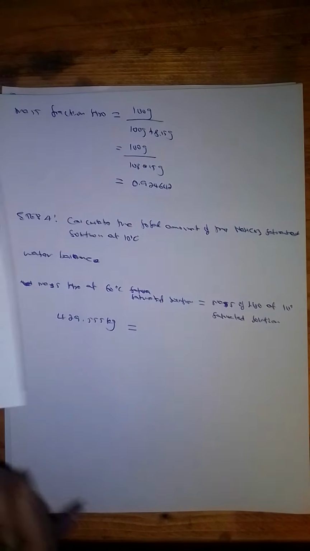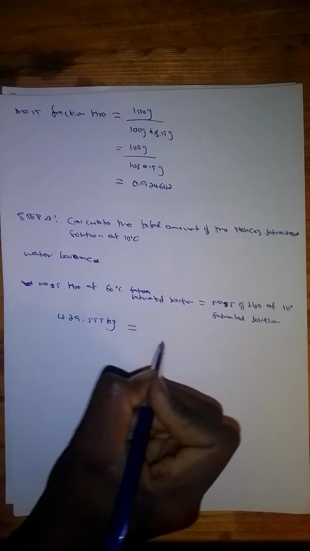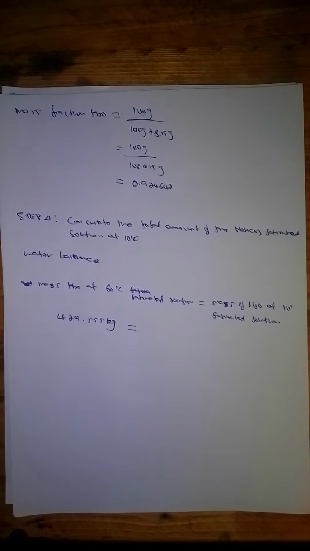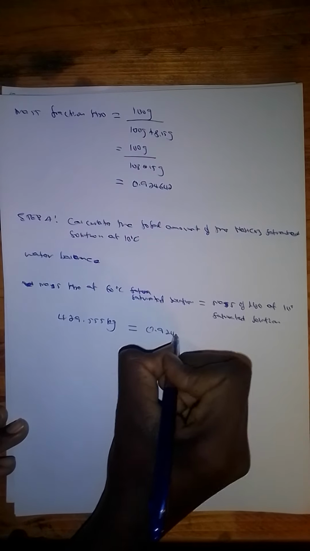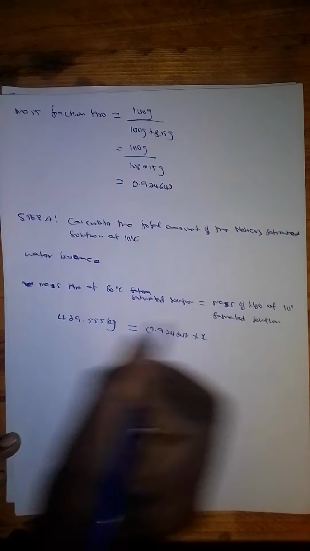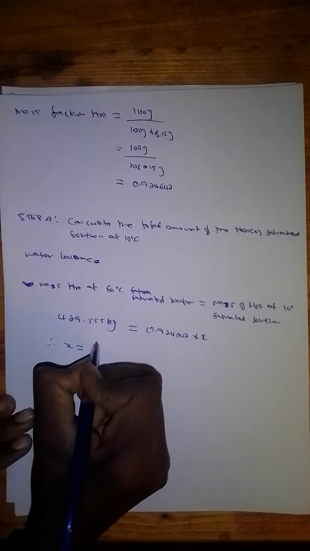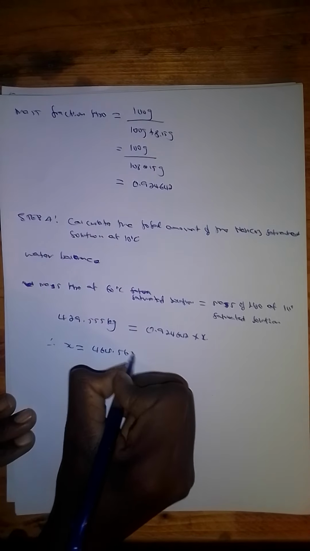We don't know how much water there is here, but we know the mass fraction of the water, and we have defined the total to be X. So we multiply the mass fraction and X, and the mass fraction of water became 0.924642 by X. Therefore when you calculate X, it gives you 464.5636